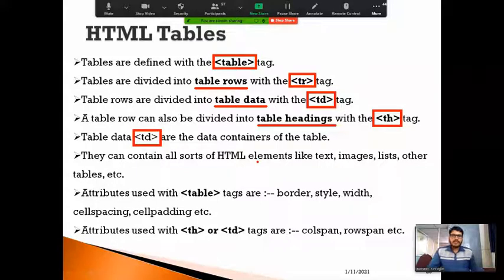For example, I may want to include certain text, or sometimes images within the table, or a list of content, or even some other tables within the main table. All these elements we can include within table data.